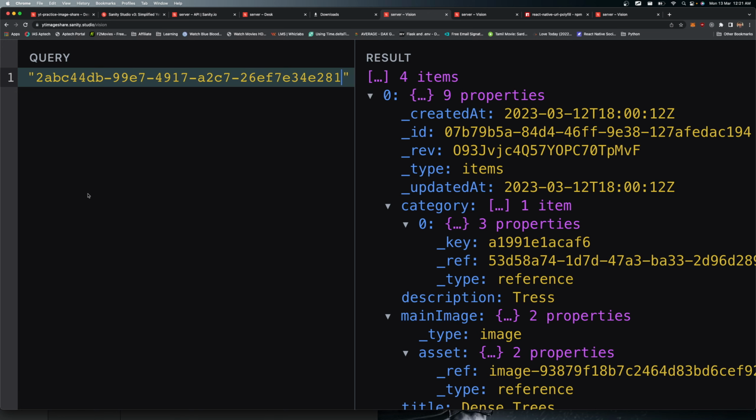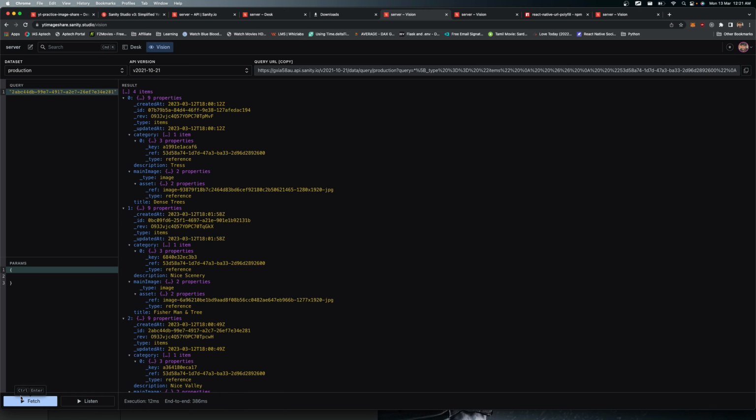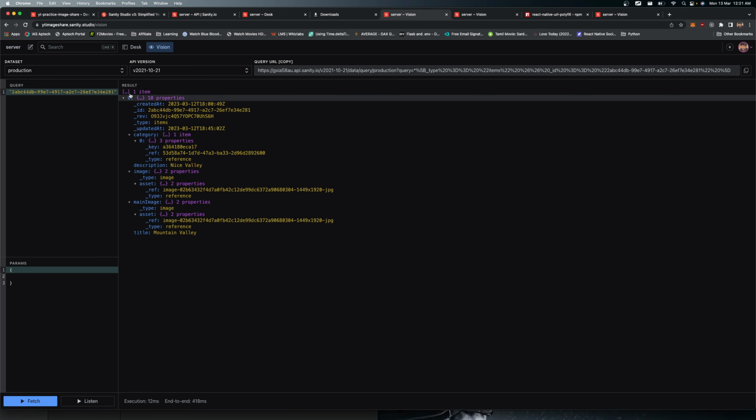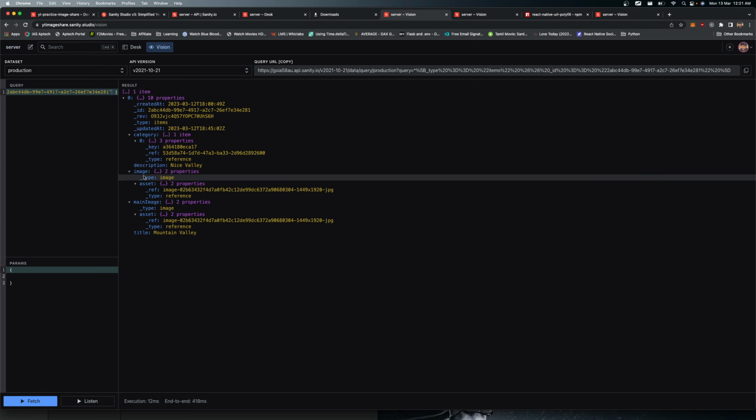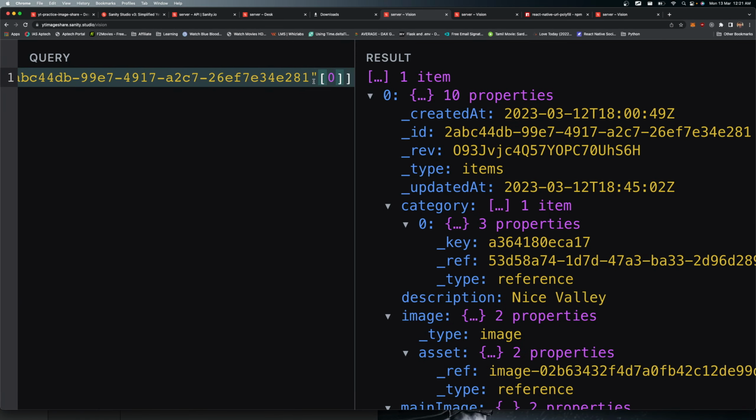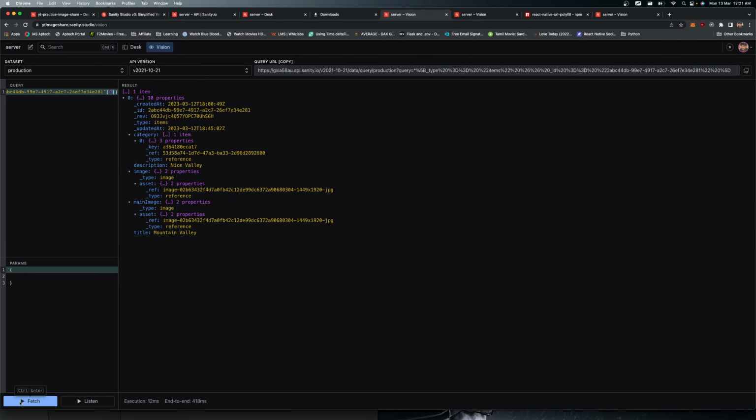Okay, so now let's fetch this. All right, so that is giving the one item. It's an array, so I need to get the first element only, because that image is going to be only one ID. So supply the 0th index. You can see it's showing the 0th index over here. It's an array, so you need to get the 0th index from there. So if I fetch it,